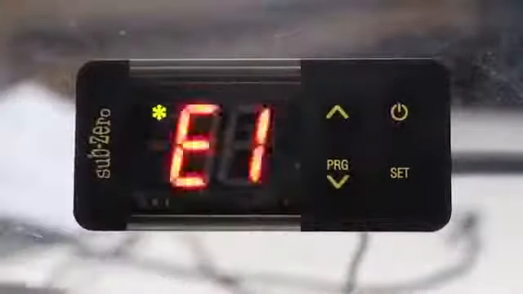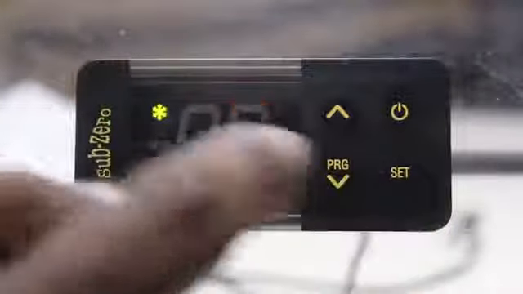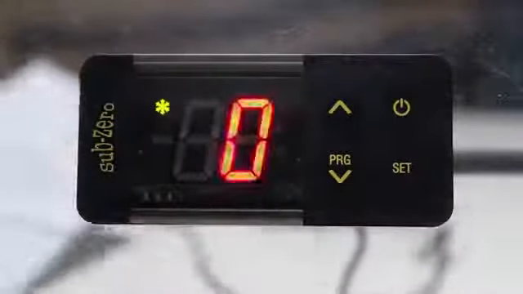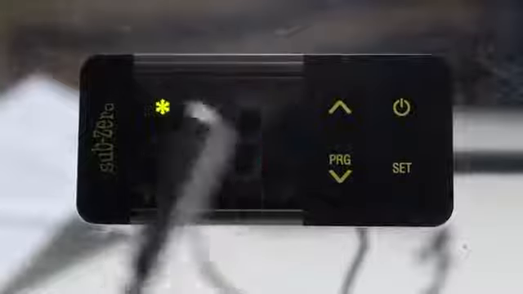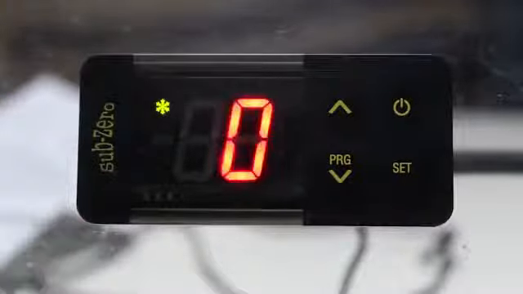P1, P2, P3, P5, P6, E1. E1 is factory default set to 2. You can set it to 0. That means in case this NTC sensor gets damaged, it will show the PF fault, that is probe fail.